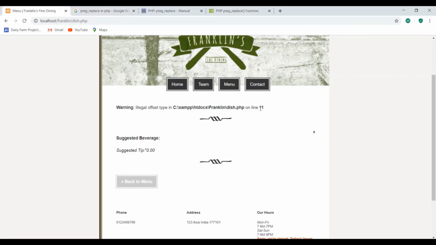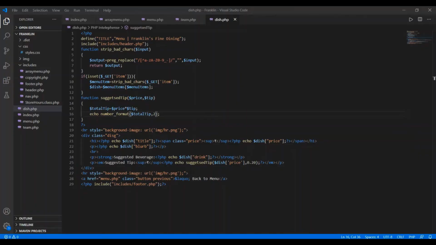On line number 11 we are having a mistake, so we have to move to the dish file and rectify it. If we look over here, we have declared the variable as menu item, and this is the array menu items, and here we have to use the variable menu item, not menu items. So here is the mistake we have made.